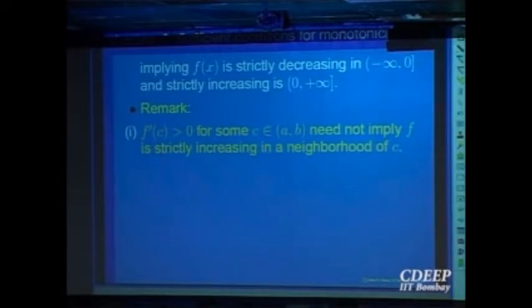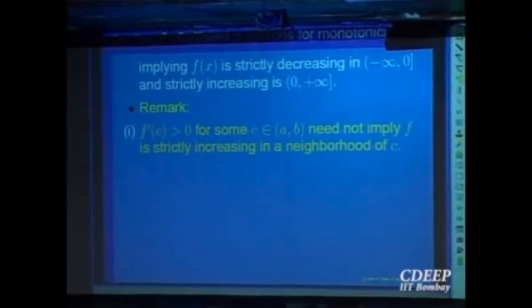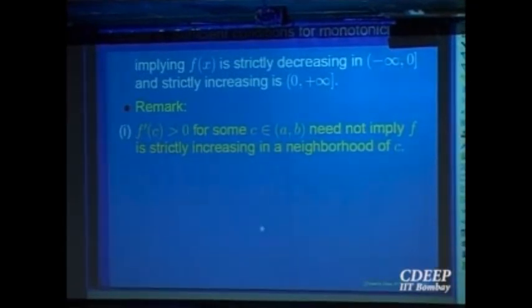This is also another common mistake the students make, namely there is nothing called increasing or decreasing at a point. I have seen this mistake made very often. Saying derivative is bigger than 0 in an interval implies a property of the function in that interval. Saying a function has a derivative which is strictly bigger than 0 at a point, you cannot say that the function will be increasing in a neighborhood of that point, or if it is less than 0, the function will be monotonically decreasing in a neighborhood of it.